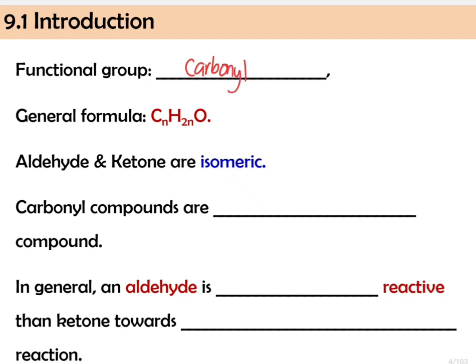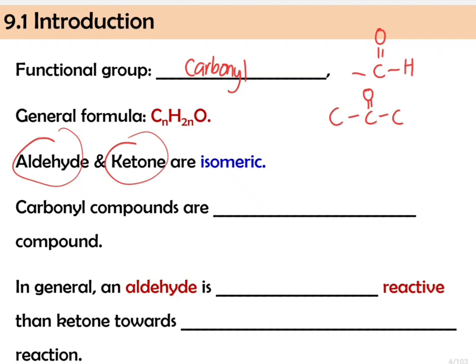the functional group. Okay, do you still remember how carbonyl functional group mesti ada C double bond O? And dia terbahagi kepada dua, iaitu aldehyde dan ketone. So kalau aldehyde mesti ada hydrogen, kalau ketone dia mesti bonded to carbon and carbon. Okay? So aldehyde and ketones are isomeric, therefore the general formula for these two is same,